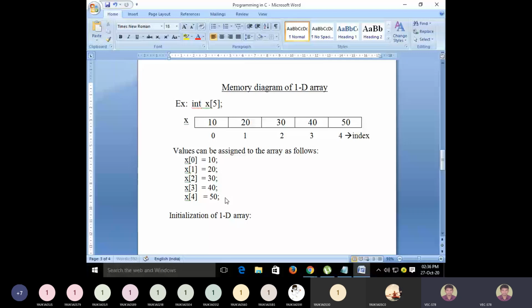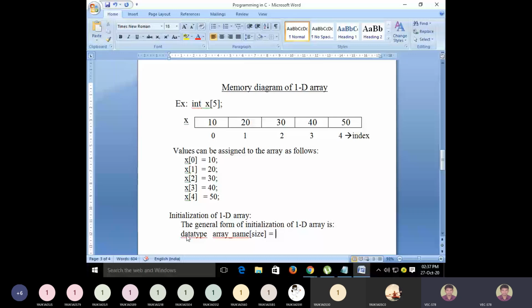If you see the general form of initialization of a one-dimensional array, it begins with the data type, followed by the array name, then within the brackets give the size of the array, followed by the assignment operator equal to.